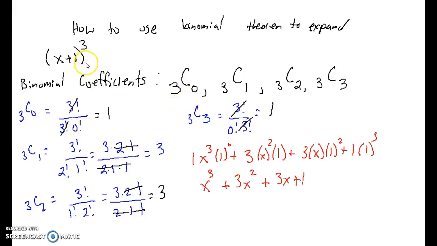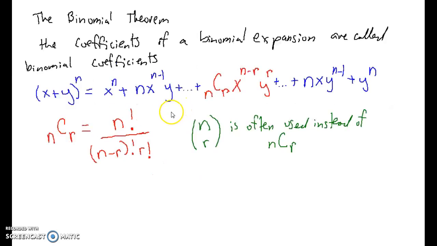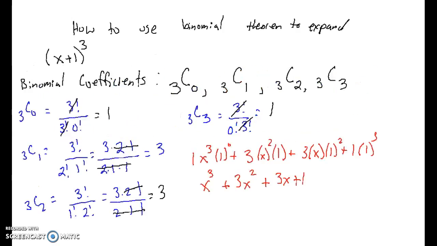If I was really expanding this binomial to the power of 3, I would use Pascal's triangle. I would come back to this and expand it using this. The binomial theorem, I would use more to say what is the third term. Okay, so one more problem. Let's say, what is the fourth term